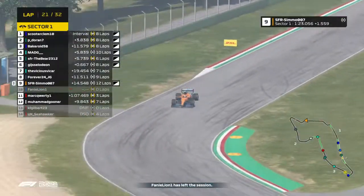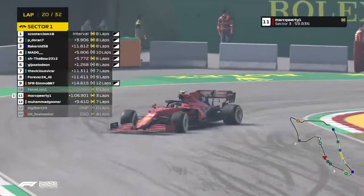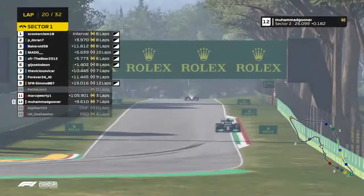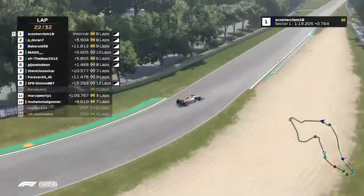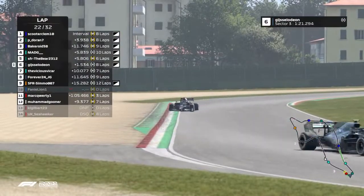Final line has left the session, not quite the session I wanted. He was running good in P2, P3. It's really unfortunate. Elsewhere,